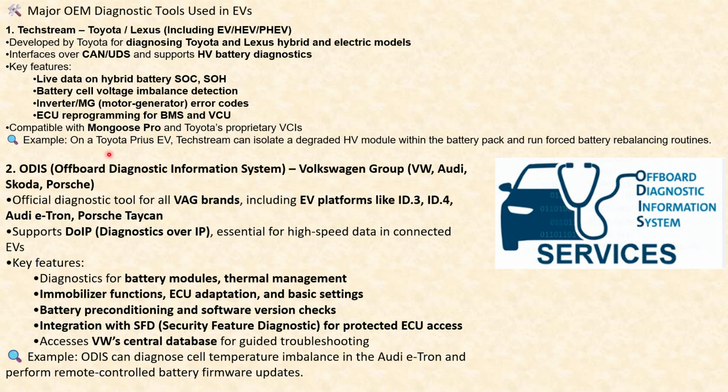Now, for example, on a Toyota Prius EV, Techstream can isolate a degraded high voltage module within the battery pack and run forced battery rebalancing routines. Okay, so along with the diagnostics, it can also take corrective action. So that's how advanced this Techstream is. Next comes the